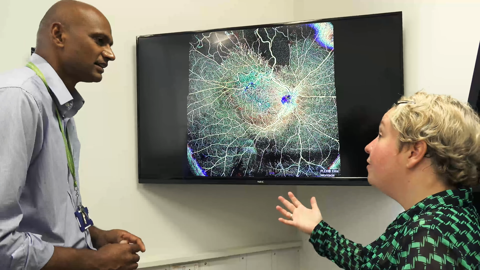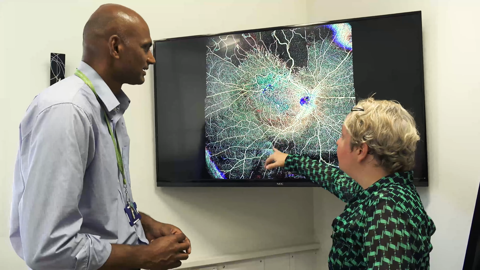This is a very common cause of visual loss and it's quite difficult to treat. So we want to look at the risk factors for that and whether there's anything we can do to predict these events to try and prevent them happening. We want to do this with a mathematical modelling approach with the engineers here at UCL looking at computational fluid